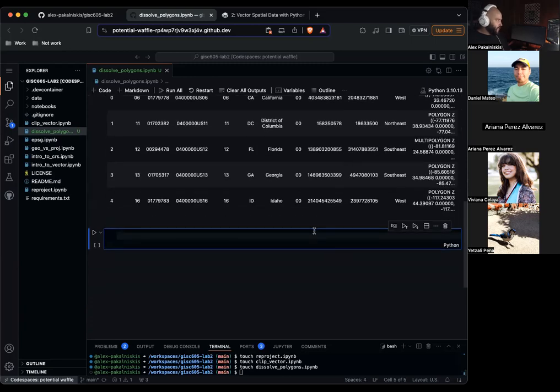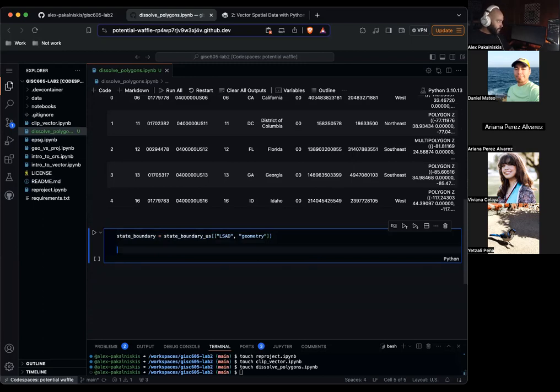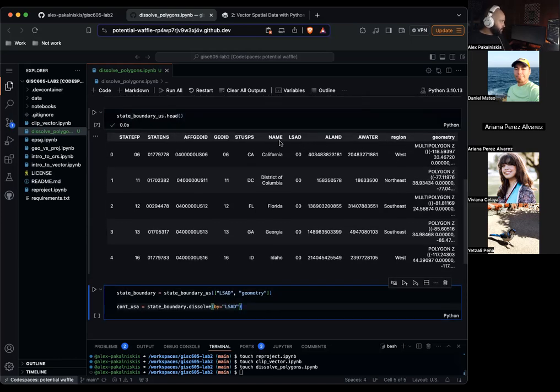So we'll do that. State boundary equals state boundary US, and just these two columns, geometry. Now, continental USA equals state boundary dot dissolve by equals LSAD, which is this kind of blank column here.